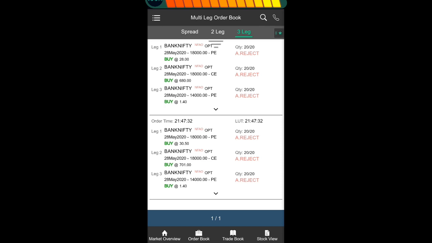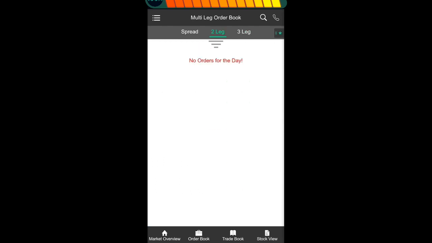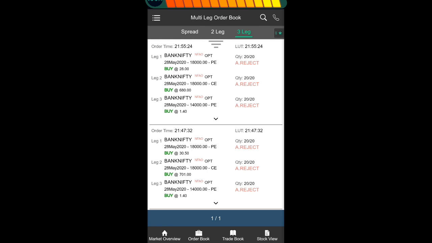Multi-leg order in Astha Trade, we can place only in carry forward. It cannot be placed in intraday. So please note this down. You can place this two-leg or three-leg order in carry forward only. You cannot place this order in intraday. So whenever you wanted to trade in carry forward, at that time you have to choose these options.